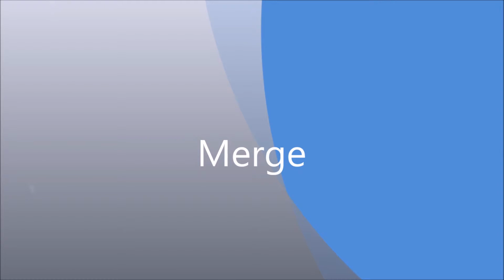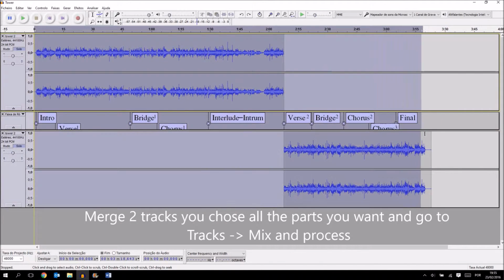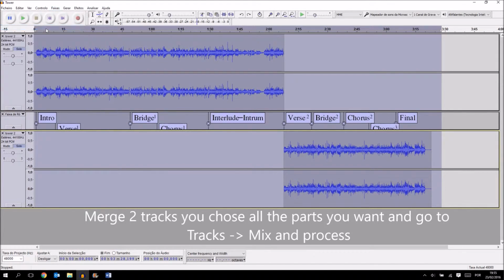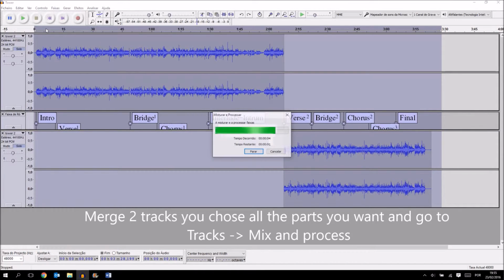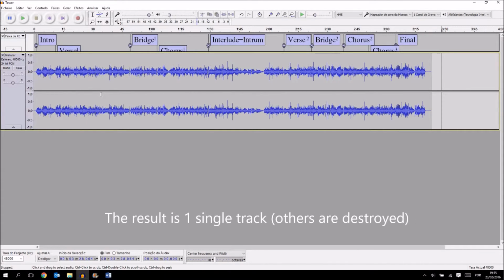So we can also merge. This means we put together two separate audio tracks. So we have one audio track that we select, also we select the other one. And if we want to put them together, we just go to the menu, to tracks, and then to mix and process. In this case, we're mixing and processing these two tracks into the same track, so we only get one. This is a destructive